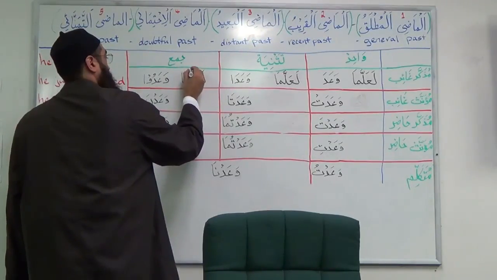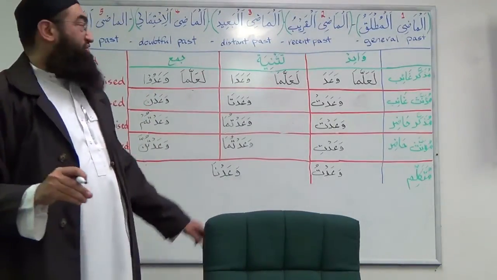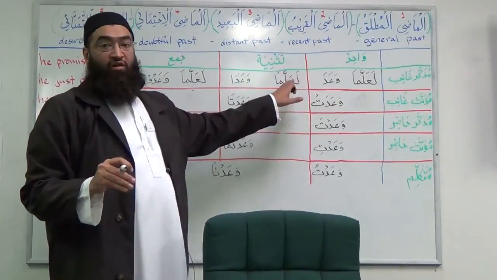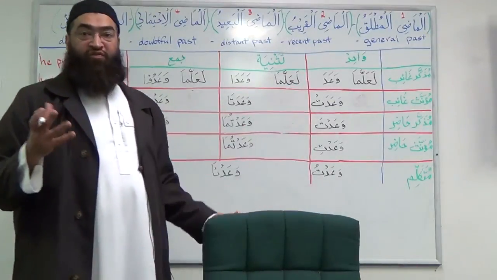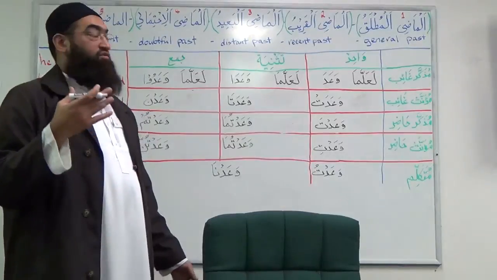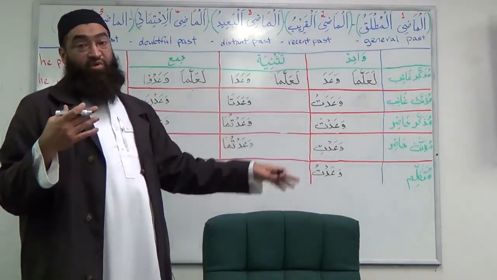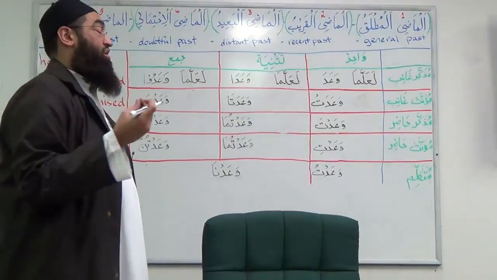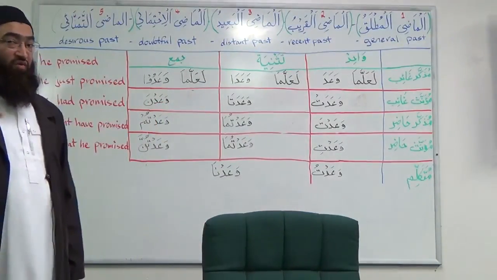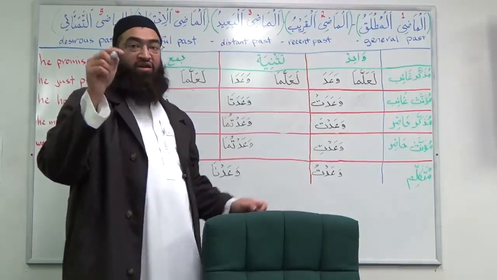Why is there no waw and alif in this one? Because this is not a fi'l, it's not a verb. Kana was a fi'l, so as it changes, it changes. This is actually not a verb, it is what is called a harf. And we will learn that when we get there. It doesn't change, just like ma doesn't change.